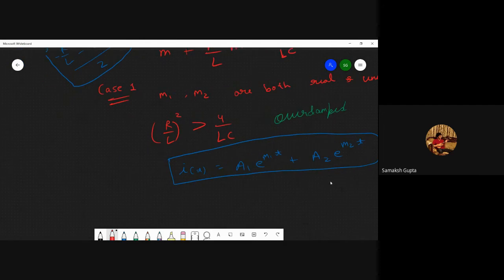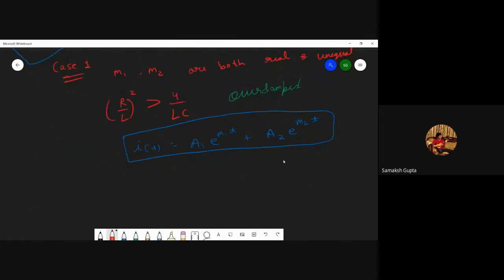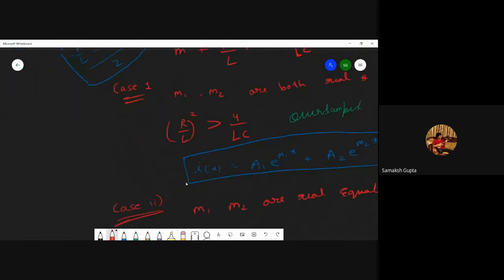Okay. So then you have your second case. In case 2, m1 and m2 are real and equal. So now can someone tell what this will mean? Actually, I'll just do it quickly. So if they are real and